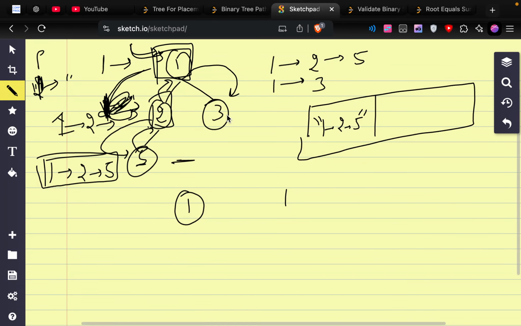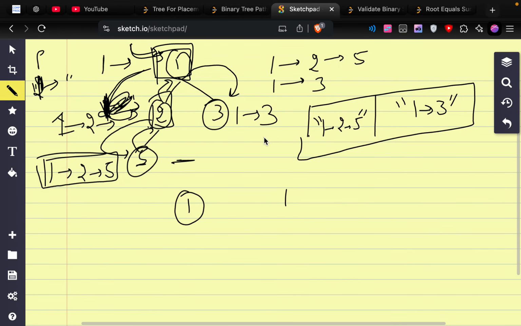Do we have null on both sides? Yes, we do have null on both sides. So what we will do, the current path, which is one arrow for this case particularly, because this comes from the first root, this will be the path, and you will add the current value, which is 3. And since it has null on both sides, this path will be pushed to the answer string. So this is one arrow 3, and now the second and third conditions will also be checked,